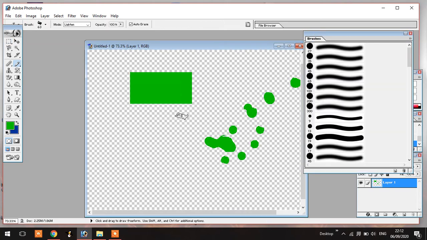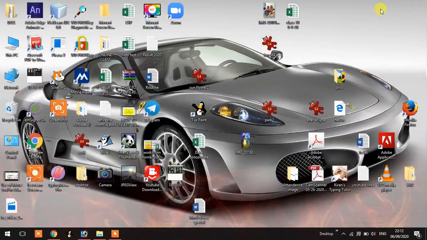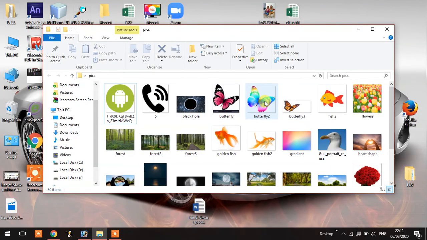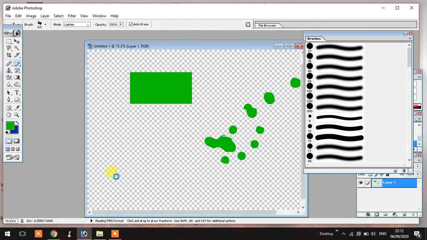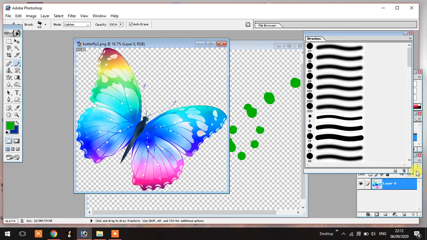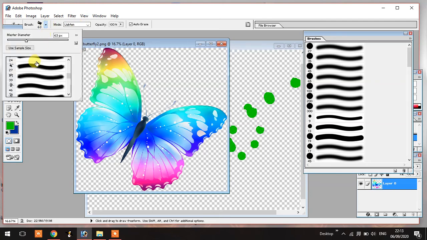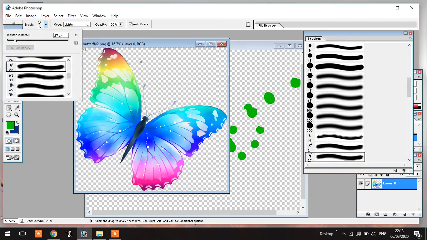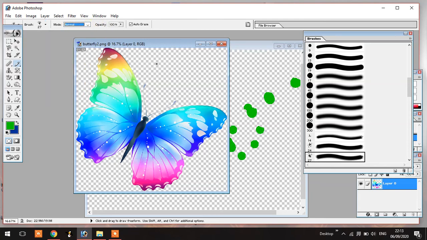Now I am going to take a photograph like this one. Select any photograph. And click here. Now you can set any of the brushes and use Normal mode and increase the size of the brush.